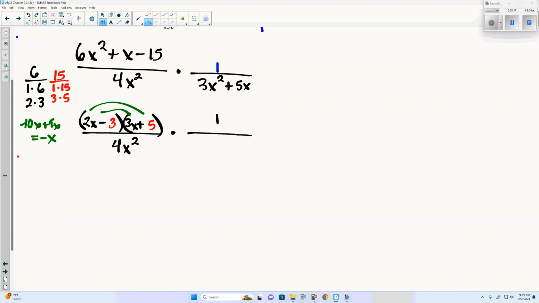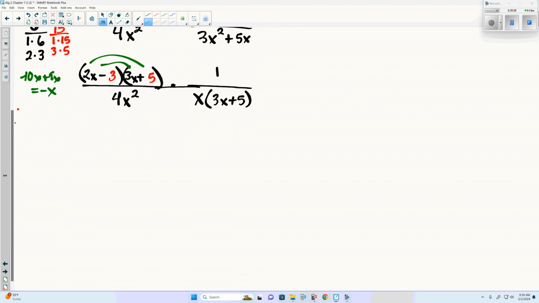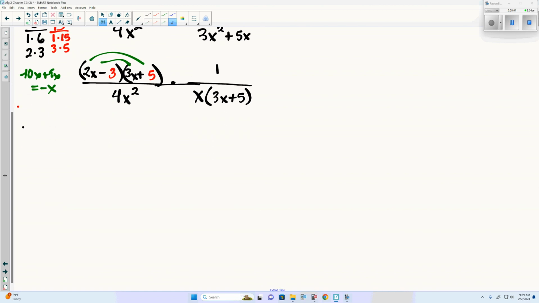Now that brings us to our last part of this expression to factor, our 3x squared plus 5x. There's the greatest common factor of x. So when we factor it out, we're left with x times 3x plus 5. We do have something in common on top and bottom. And at this point here, guys, we can cancel out 3x plus 5,